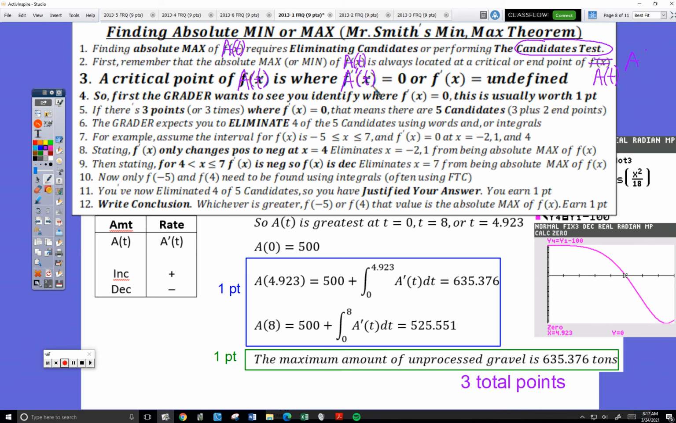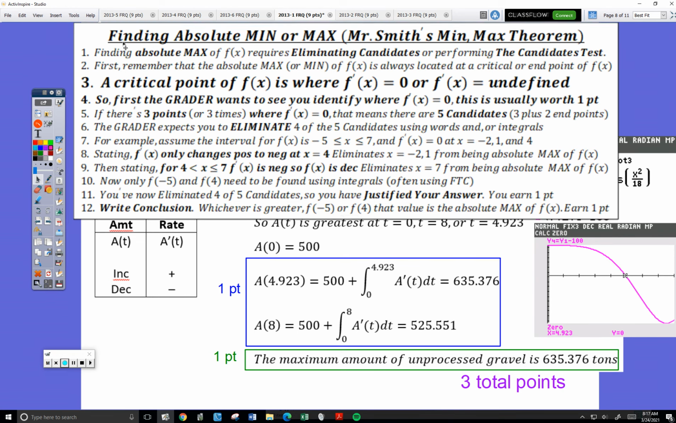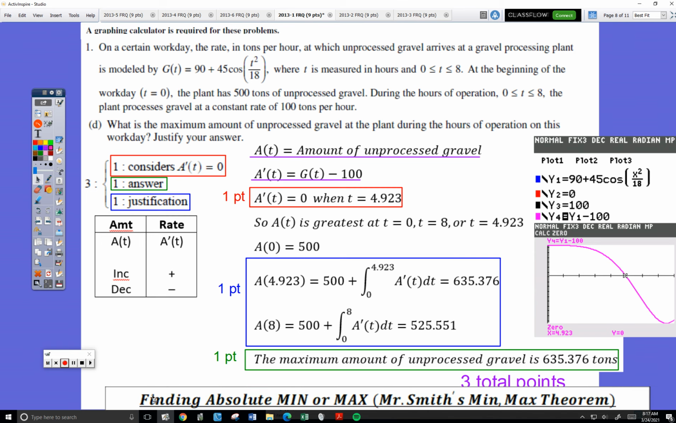The grader wants to see me write this down. A prime of t is equal to 0. So let's do that. So go back to my work here. First thing I do, I'd already done this earlier, so I don't have to do it again. Make sure the grader knows what A is representing. Make sure the grader knows what A prime is representing. I have to do the two purple lines. I won't get a point on the red, but I could have done the purple lines in an earlier portion of the problem. But once I do the purple, I write A prime is equal to 0 at a certain